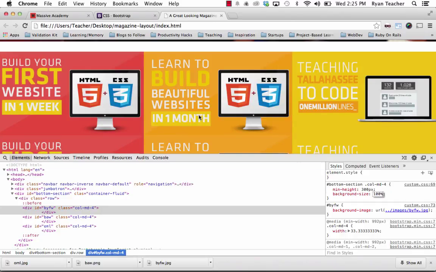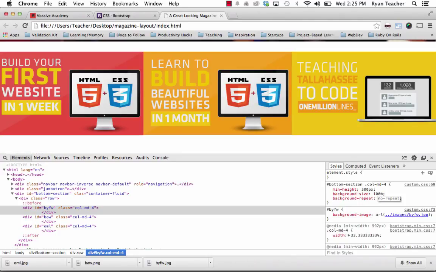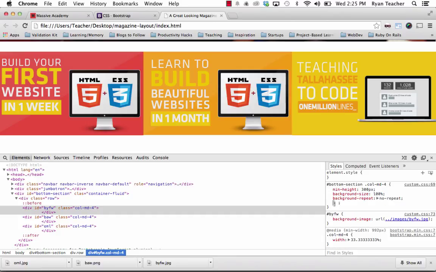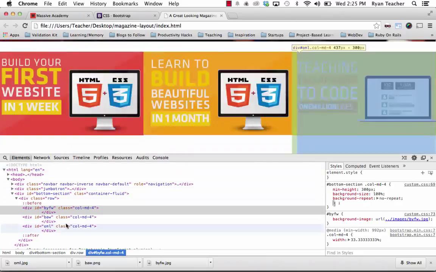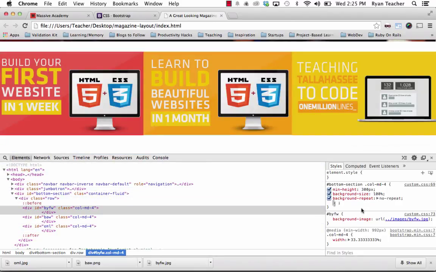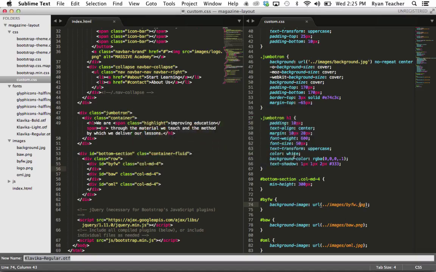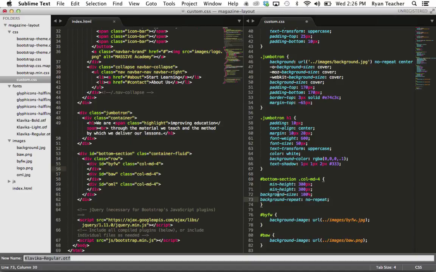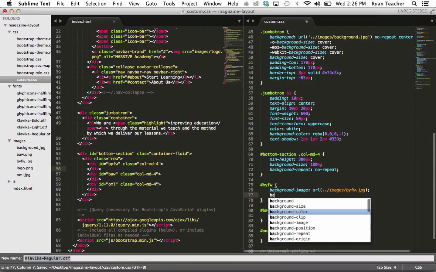So we'll just say 100% and we'll say background repeat, no repeat. And you can see that there's still some space left down in there. So we need to match these colors to the background here. So what we'll do, first grab that, go over here, background size, background repeat, boom. Then for each of these, we need to say background color,